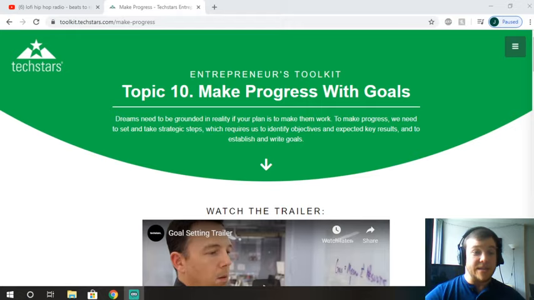So for today, as you see right at the top, we're going to be doing make progress with goals. We've already done a number of sessions, 9 to be exact. That's why we have topic number 10 up at the top. It's about actually how to manage your goal setting as you go. The last one was setting key performance indicators, but I think this works a bit more broadly, even if you don't have a startup, how to make progress with any sort of goals that you have.